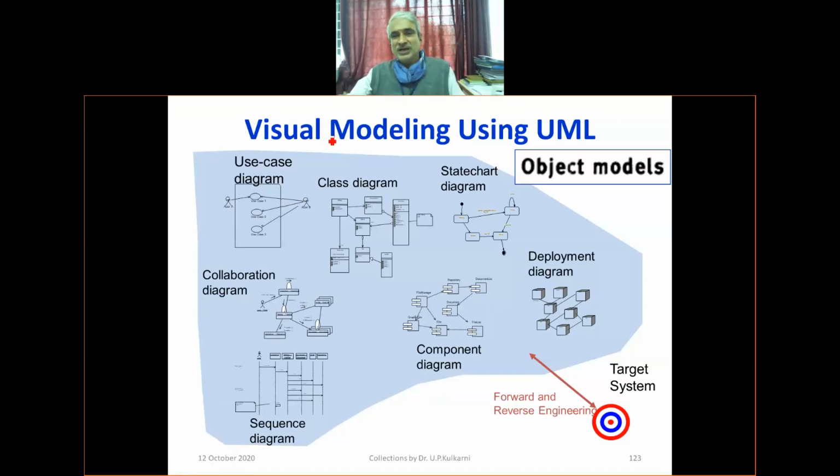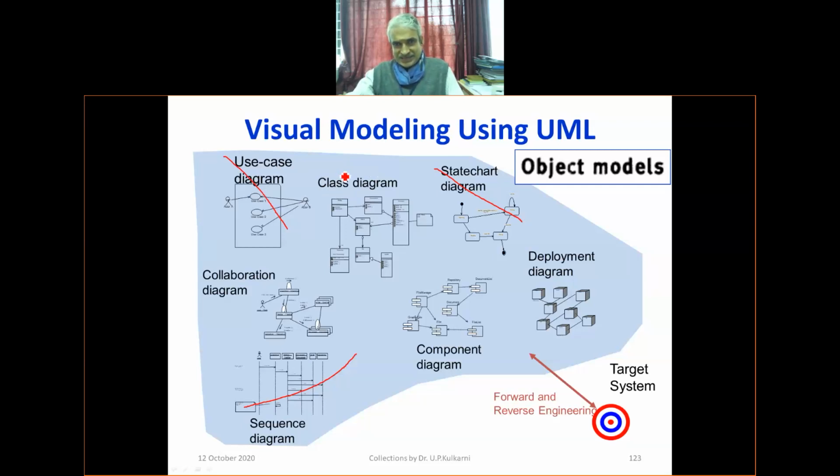One of the important things we have gone through is the state diagram. We have also gone through the sequence diagram, and we have gone through the use cases. All these models are called UML models or object-oriented models. Is it okay? Yes. Now we would like to touch upon not all of them.